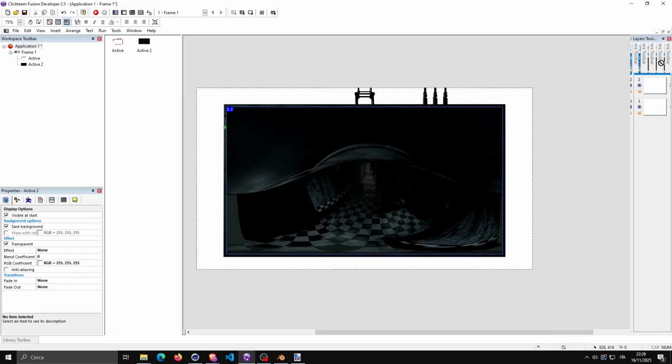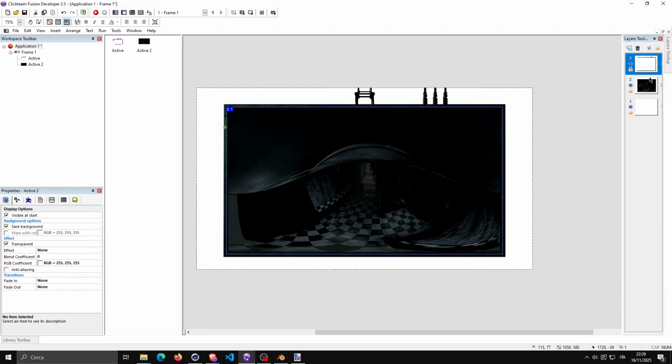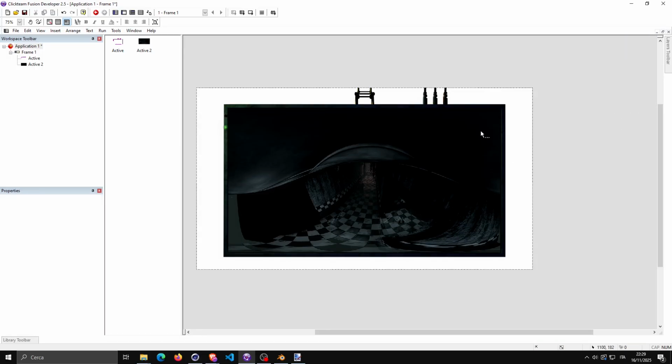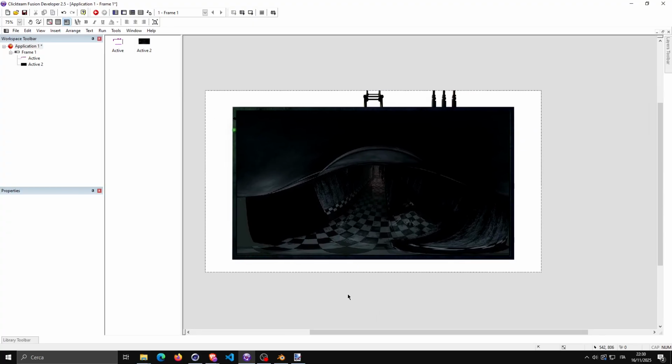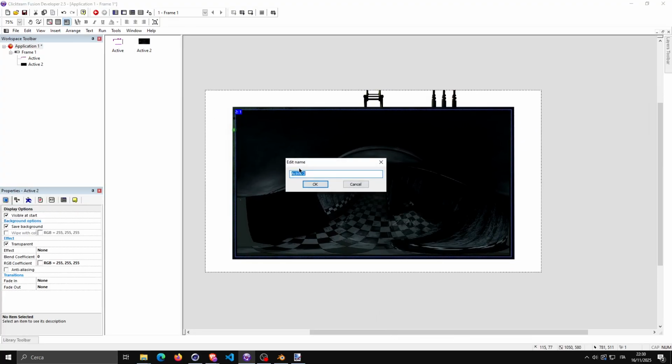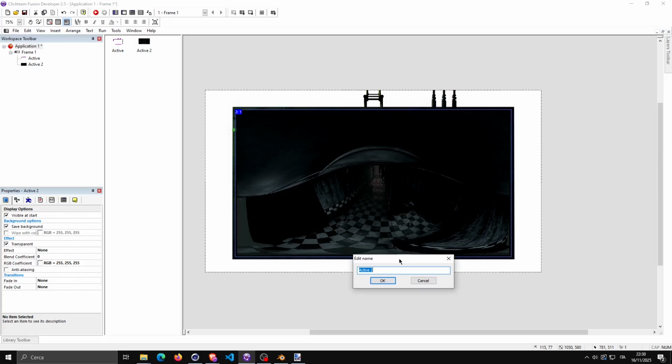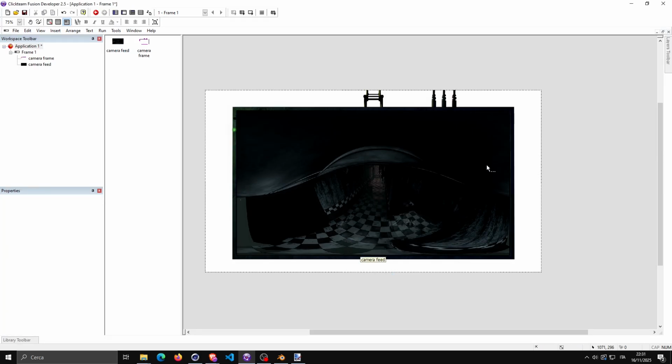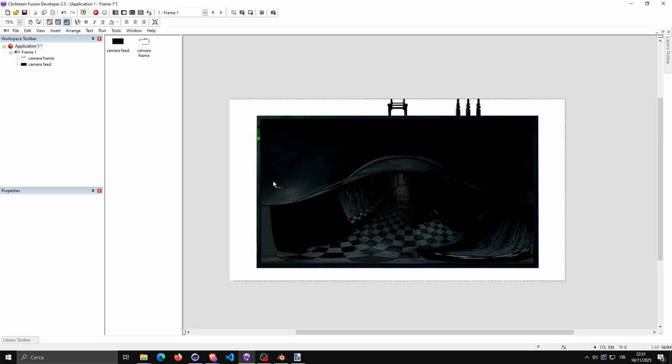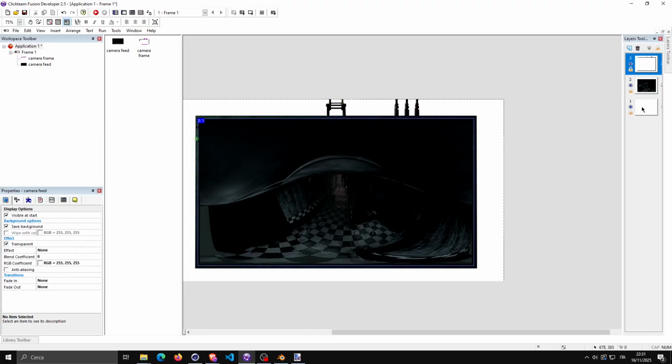And of course, you want it on the correct layer, so it doesn't open in front, which is not what we want. So now that we've done this, we rename the objects, so it's easier to code in the event view editor. Okay, I've gone ahead and renamed the cameras, the active objects. Once we have set up this scene, I want to place the camera feed on the very bottom like this,